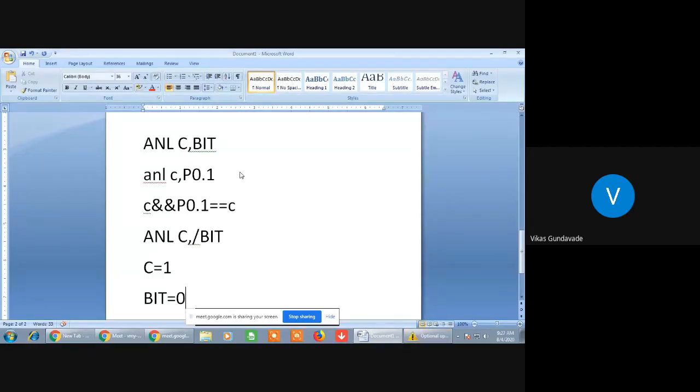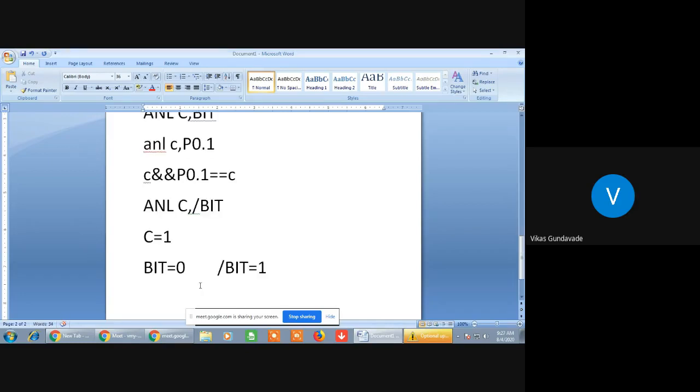After execution of this instruction, first this bit 0 will get complemented, so the complement of this bit will become 1. Now this 1 will get logically ANDed with the carry bit, and the result will get stored into the carry bit. So the carry bit will remain 1, as 1 is logically ANDed with 1.